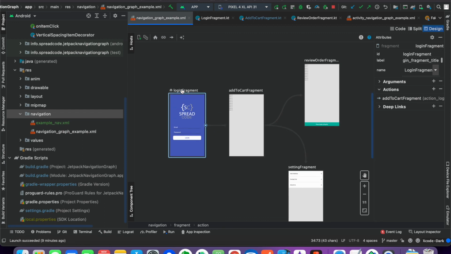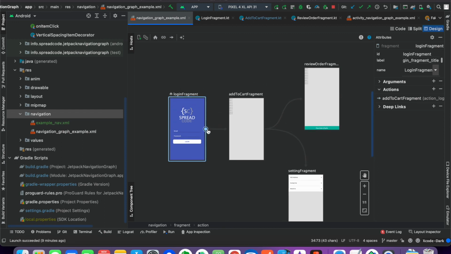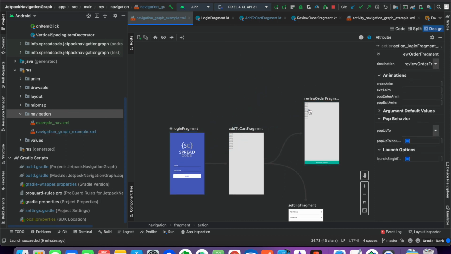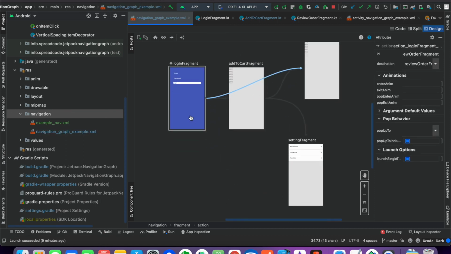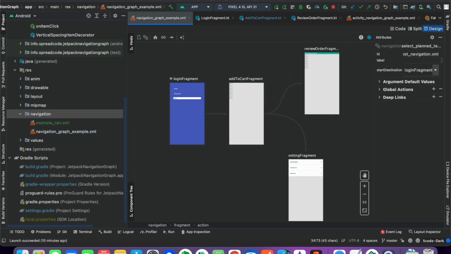You want to go from login fragment to review fragment, or you want to go from login fragment to setting fragment. It's up to you. And then inside the activity, you have to create the navigation host, and through the nav controller, you can navigate through the fragments.